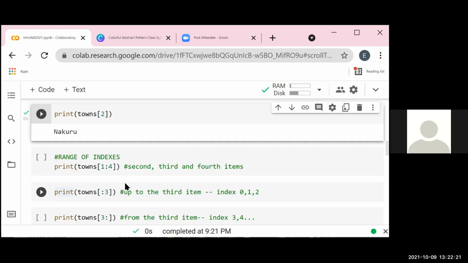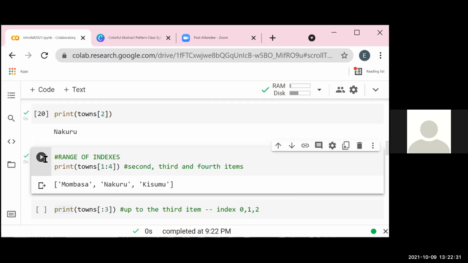I hope we are together on that. This would print the second, the third, and the fourth, which is index 1, 2, and 3. It does not count index 4. That's how the range works.